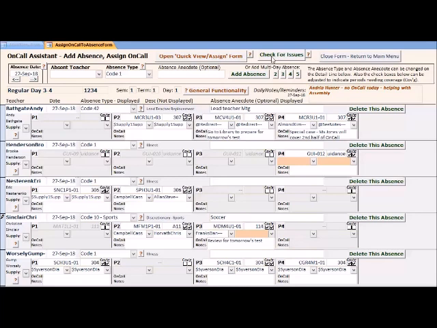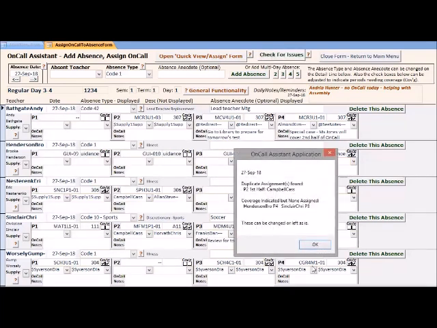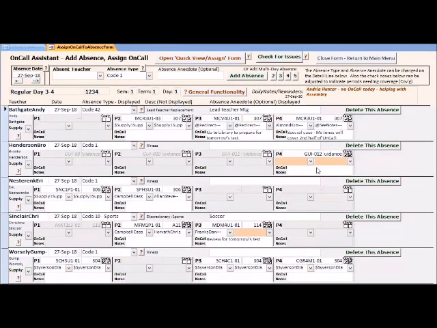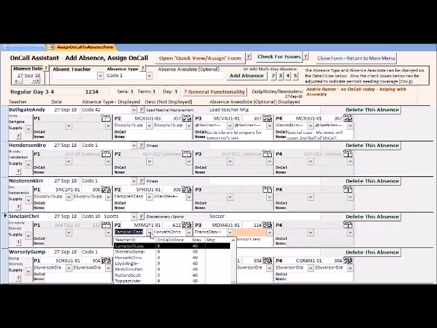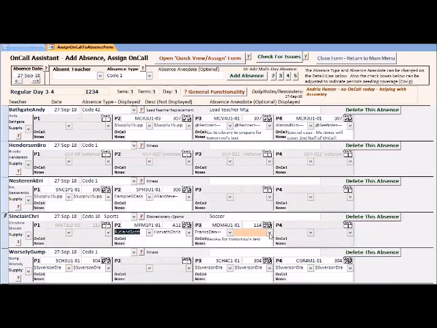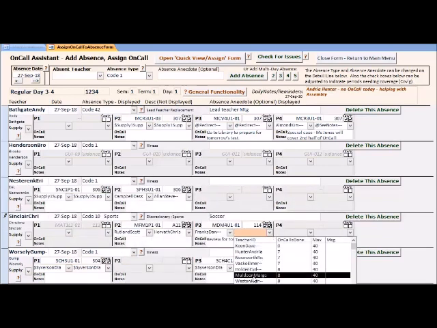The app performs several checks. If a teacher has been assigned more than one on-call in a period, if an absent teacher has been assigned an on-call, if coverage needed but none assigned, if a teacher has been assigned more than 2 on-calls in a week. There are some issues here. If working on future days, some of these items could be left and adjusted later, but I will correct today's